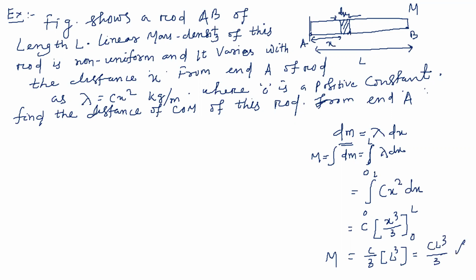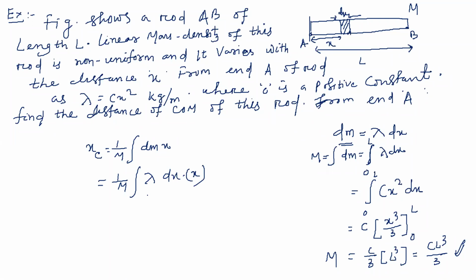This is one part of the question. We got the total mass in terms of the linear mass density. Okay. And as it is along the x-axis, we want to find the x coordinate, that is xc. What is the formula we just derived for xc? 1 by m integration dm into x. Correct? 1 by m, where m is the total mass. And in place of dm, what can we write, student? Lambda dx, so lambda dx into x.